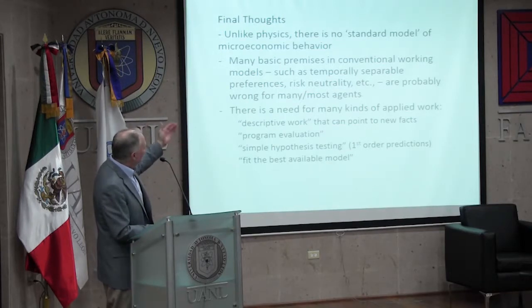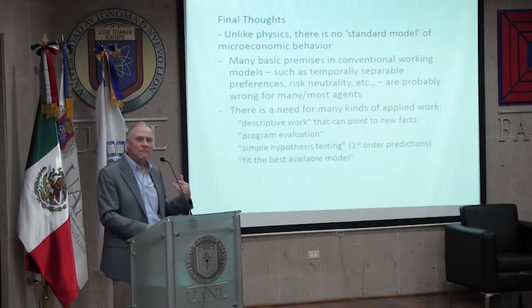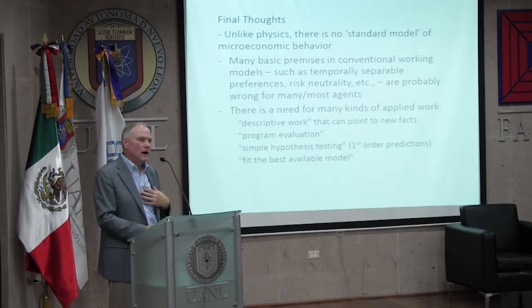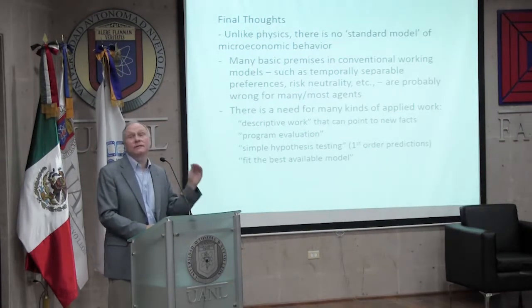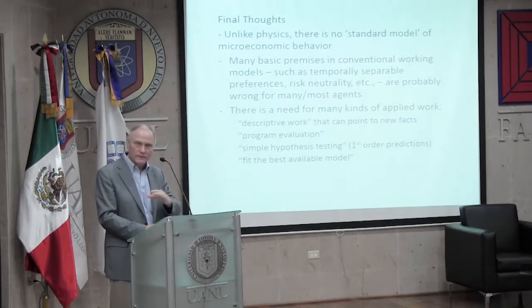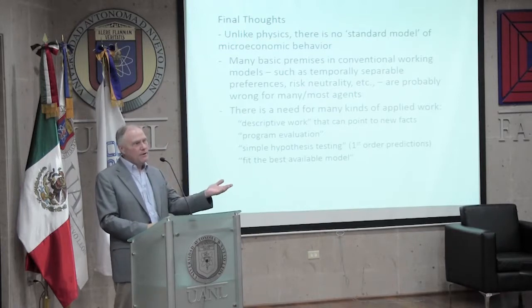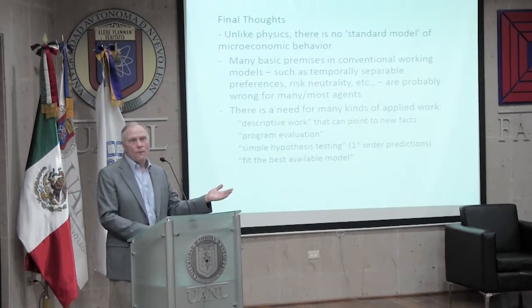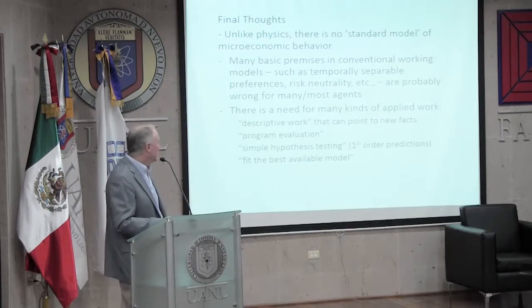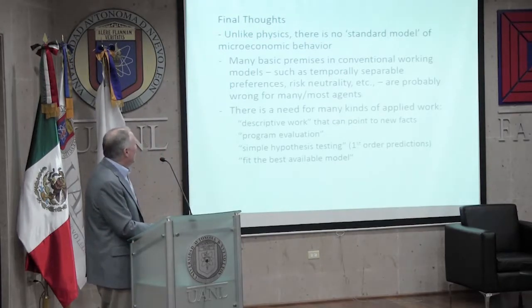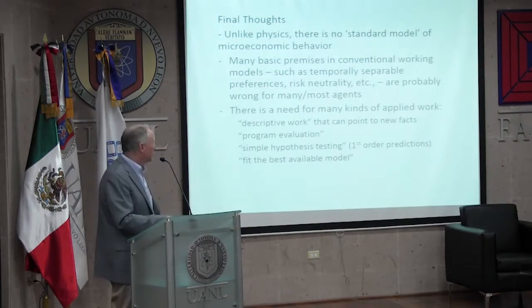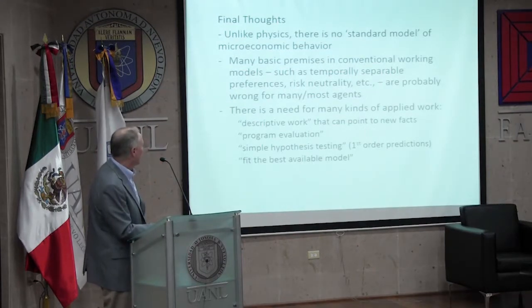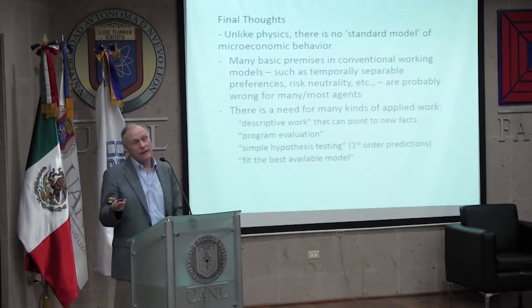So those kinds of problems mean that the models we have in economics are just not very good at describing the essential characteristics of every single person. They might describe broad trends, but they're really incomplete models. And so there's a huge amount that we're either going to have to put in the error term, or we're going to have to try and figure out some other way. So I think there's a lot of room in that setting, without having good models of how people behave, for multiple kinds of research. So both descriptive work that points to new facts,